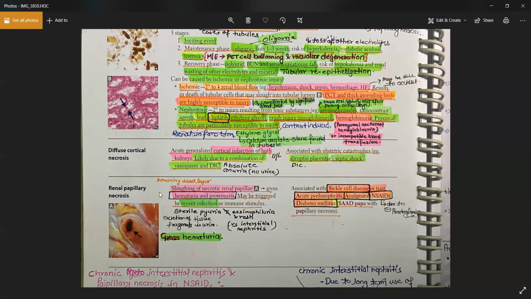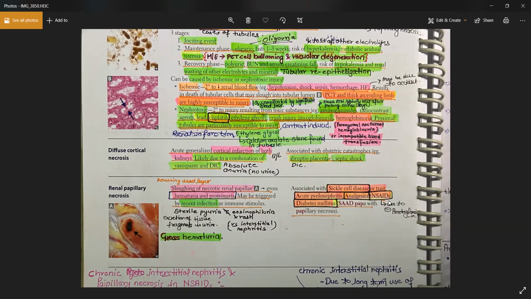In this case, the patient will be having a very gross, visible hematuria, not microscopic hematuria, but a very visible gross hematuria. Proteinuria will be there without any eosinophilia, without any rash. Now let's discuss why you are having this injury with the NSAID, and how these NSAIDs can cause that damage to my kidney.